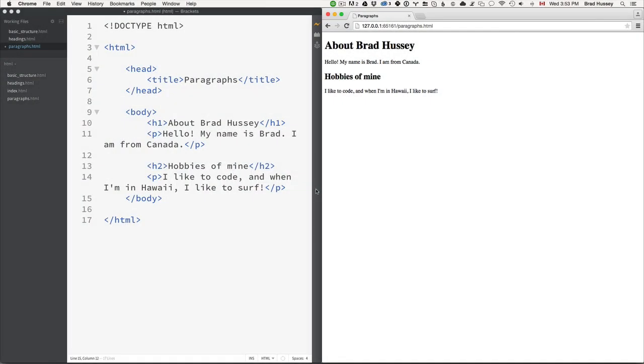Okay, now we're going to learn about emphasis. In HTML, there are two types of text emphasis. That is emphasis and strong emphasis. So I'm going to show you how to do that, but first let's create a new HTML file in our